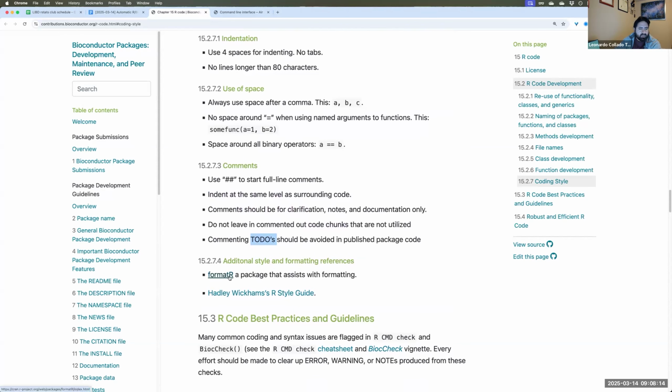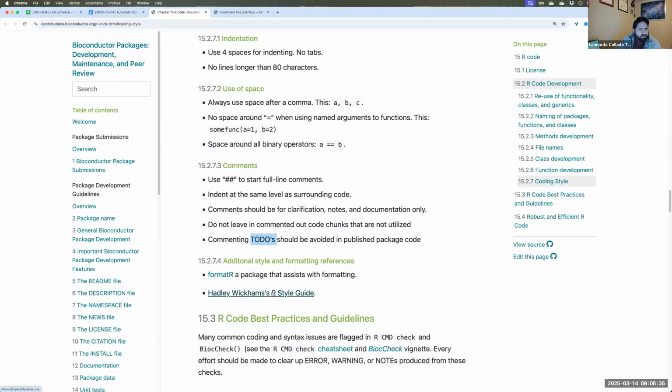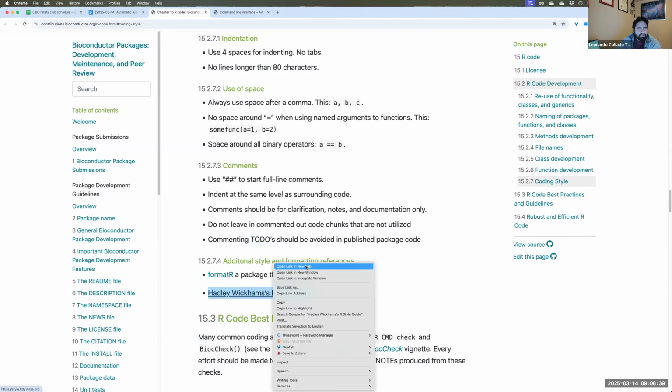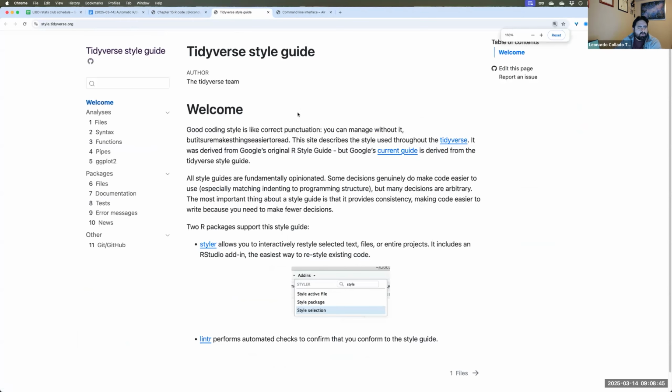At the end, they say you might want to use the formatR package for formatting, as well as Hadley Wickham's R style guide. That R style guide that Hadley initially started has now become the tidyverse code style. So you'll see here style.tidyverse.org. That's the same URL that we get if I mouse over here. This website, this little book actually, is much longer than the Bioconductor coding style. It talks about how to organize your files, syntax, pipes, and a bunch of other things. Before we get into that, though,